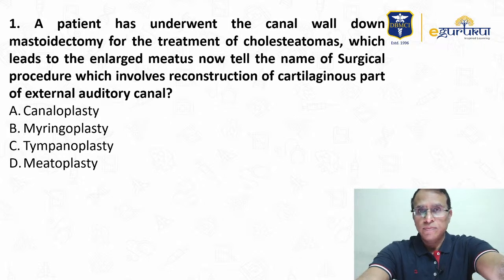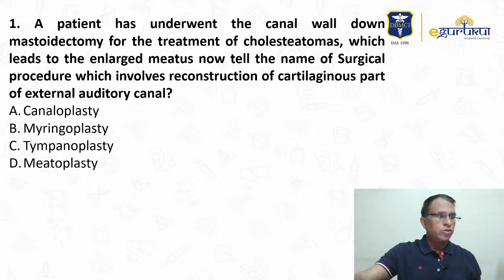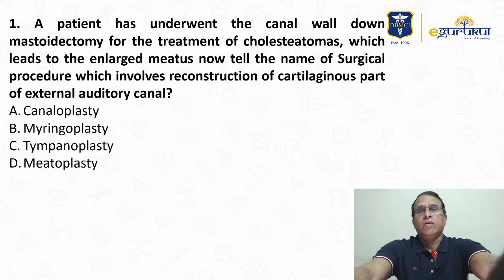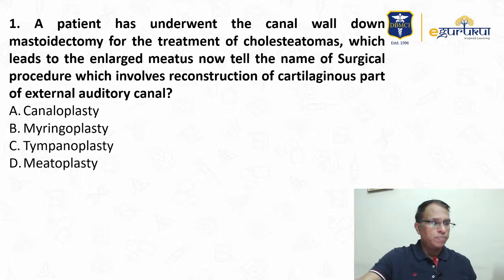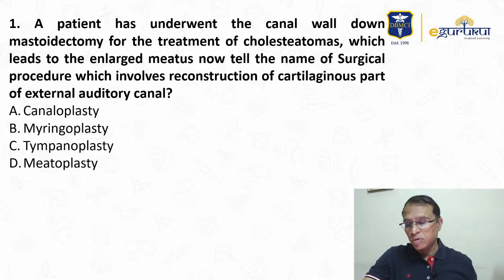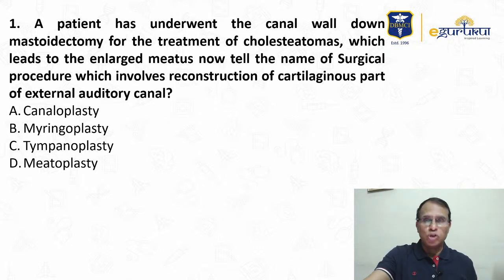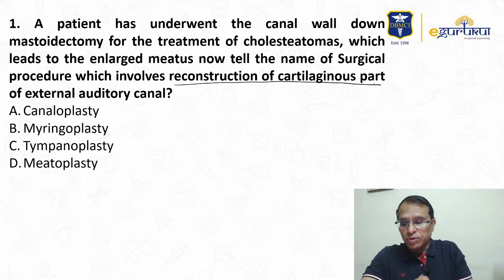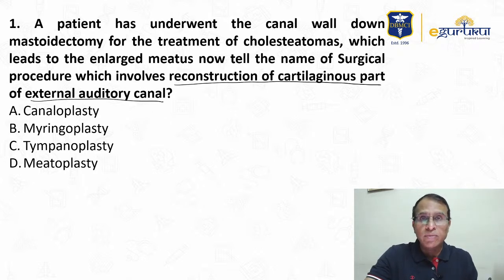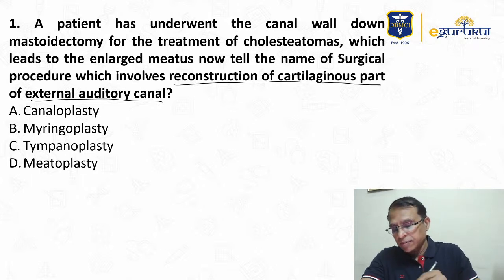Now I'm sure you have heard of mastoidectomy. Everybody knows about mastoidectomy surgery, and also we know that mastoidectomy surgery has subtypes: canal wall up and canal wall down. So this surgery is about canal wall down surgery, as it says, which is done for cholesteatoma or unsafe CSOM. So the reconstruction of the cartilage part of the external auditory canal, which is done at the end of canal wall down surgery, what is the name of this surgery? It's a very popular question. It has been asked a few times. And the answer is meatoplasty, repair of the meatus.